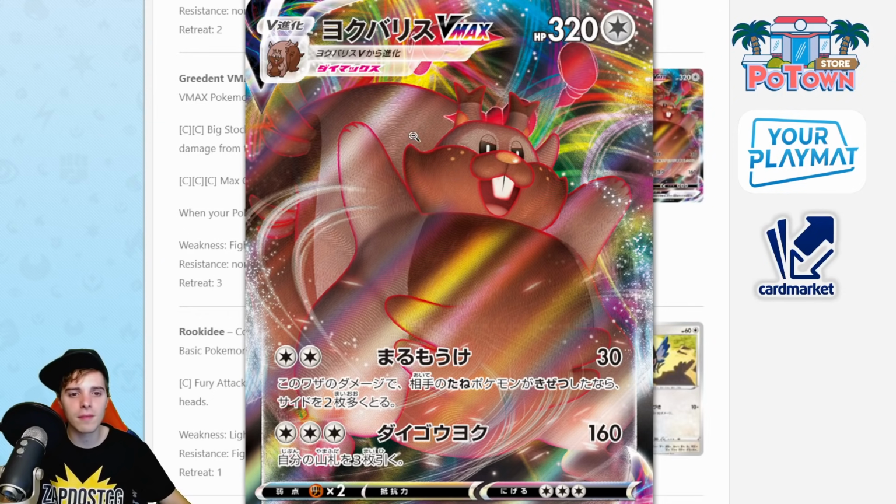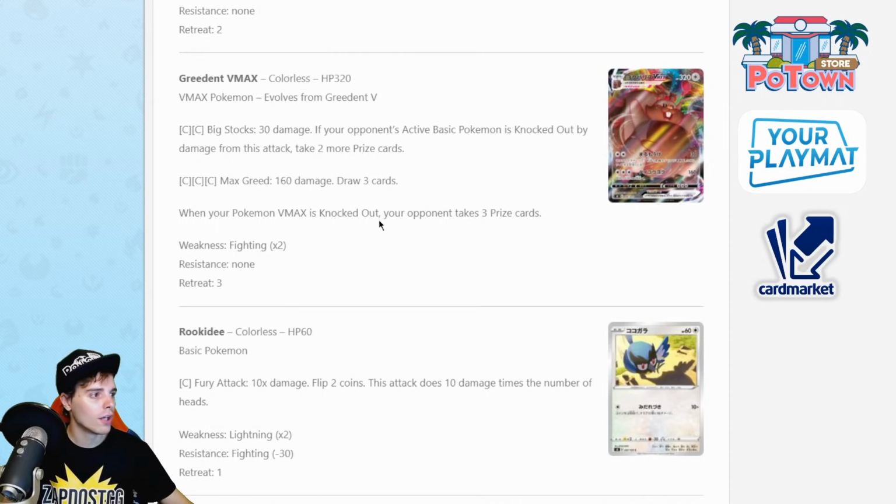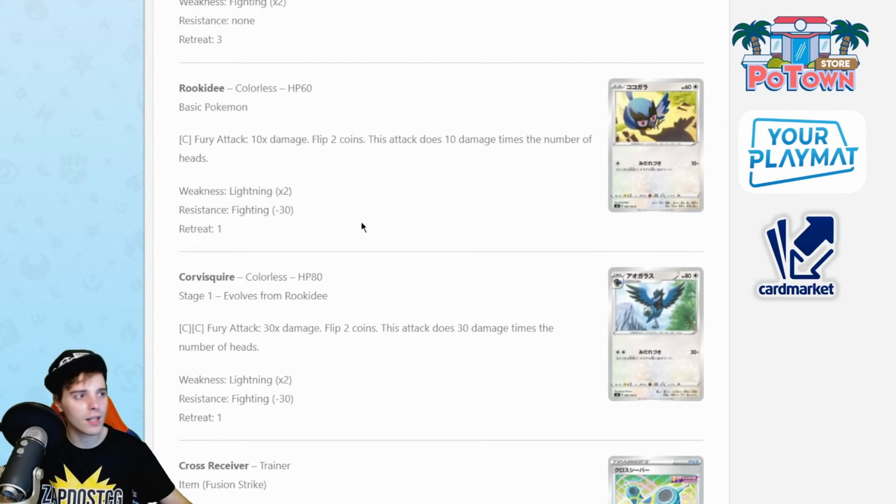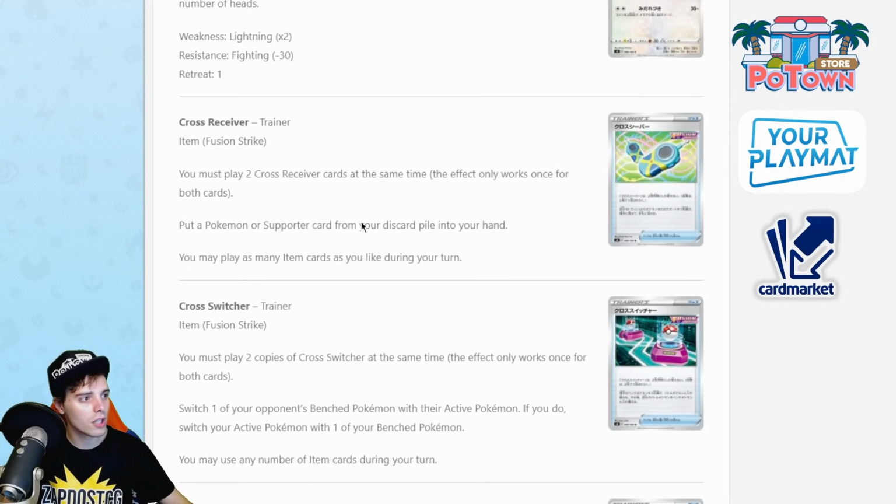There will be a Greedent VMAX deck because almost every deck nowadays plays Sobbles and stuff. I want to try this out with Powerful Colorless Energies and having Crobat and research to find your Powerful Colorless Energies and then BAM! 3 prize cards, that's huge. Its second attack, 160 damage, draw 3 cards. Its first attack is crazy. I thought we were done with taking extra prize cards after ADP rotated, but...